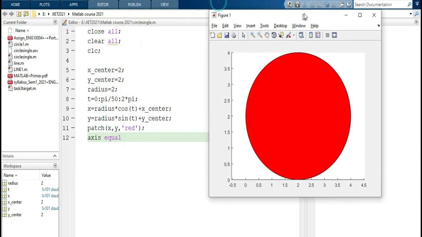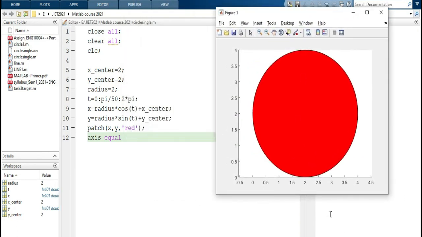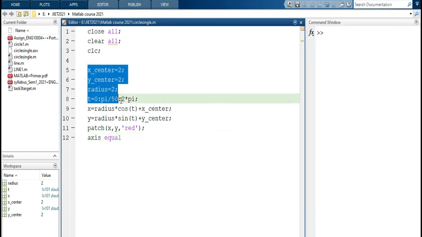You can see the exact circle, with self-adjusted axis values of minus 0.5 and plus 0.5 on the right-hand side as well as the left-hand side. This is the function of axis equal, which is used to make the shape exactly as it is by managing the axes on the x-axis and, if possible, the y-axis also. It will automatically adjust to make a perfect circle with whatever values we have plotted here.